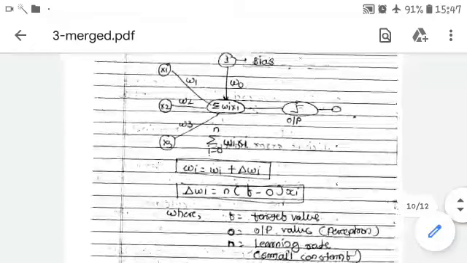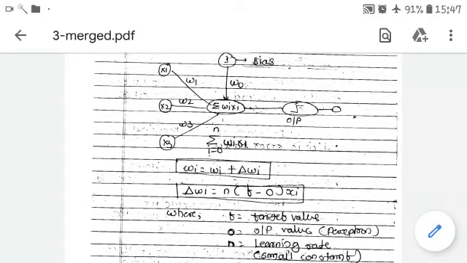Hello student, today we are going to discuss the last topic, that is the working of perceptron network. So what is perceptron network? It is the single multi-layer feed-forward neural network, and it categorizes the data into two forms, that is input and output form. Okay, now we are going to discuss the working of perceptron neural network.